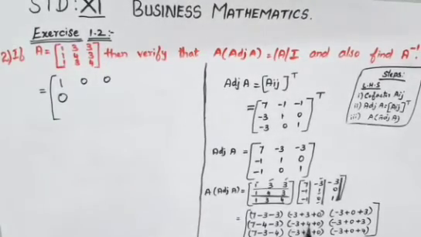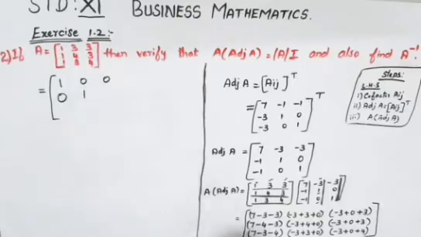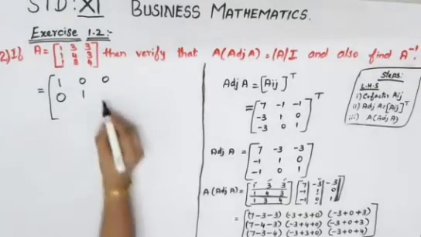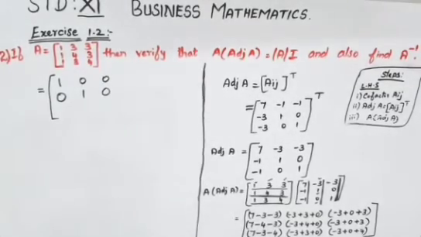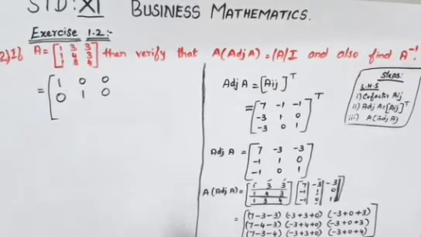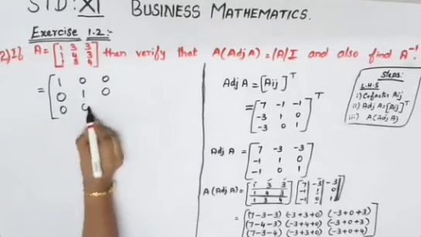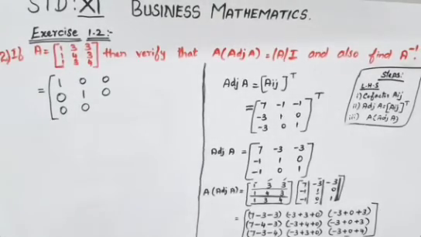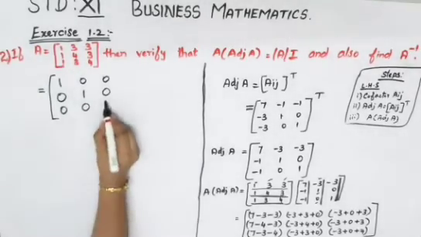Then here minus 3 plus 4, it is 1 plus 1. Again minus 3 plus 3, you will get 0. Again 7, this is minus 7. So 7 minus 7 is 0. Minus 3 plus 3 is again 0. The last term is minus 3 plus 4, so it is plus 1.